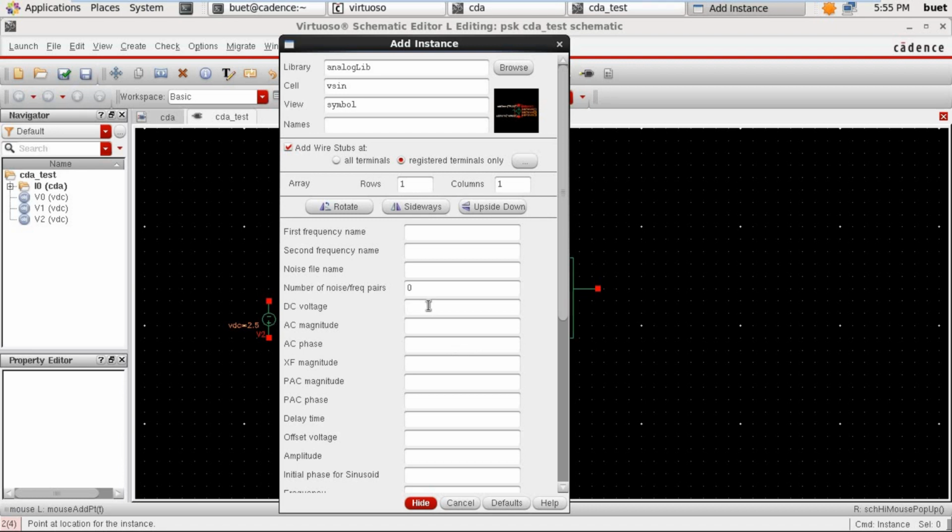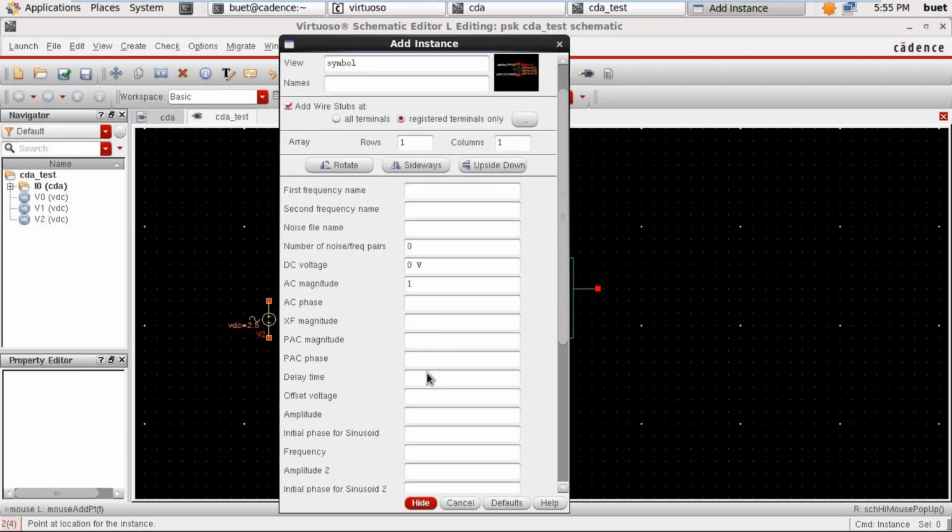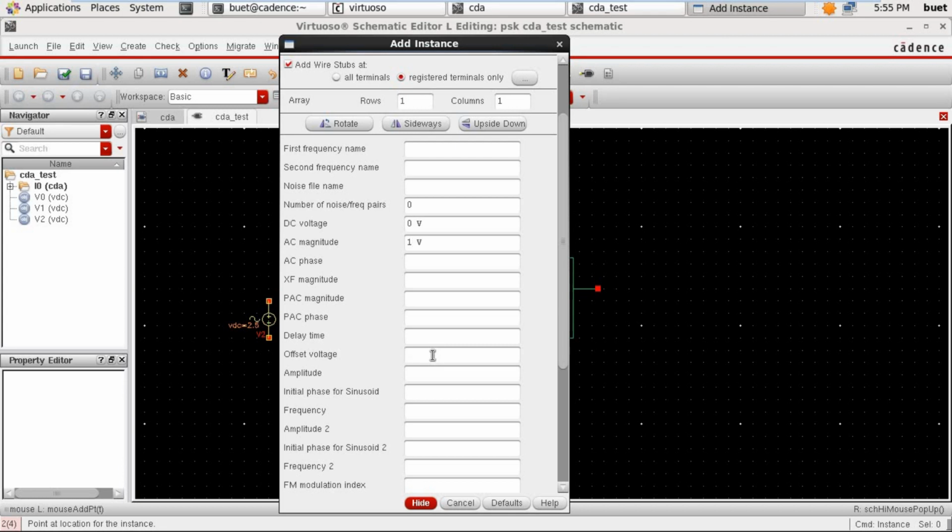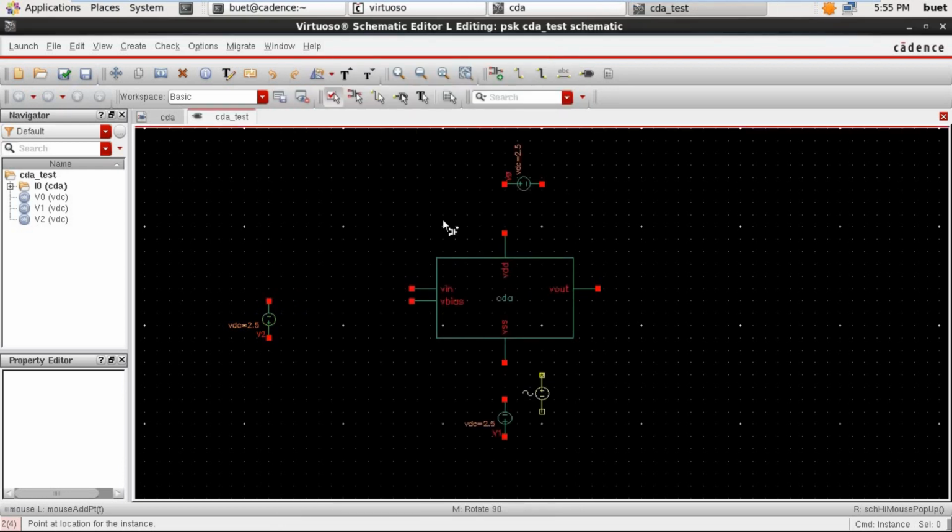DC voltage should be 0, AC magnitude should be 1, offset voltage should be 0, amplitude should be 5m, frequency should be 1K. Hide and place it with the plus side connected to VIN. Now complete the wiring by pressing the W key.